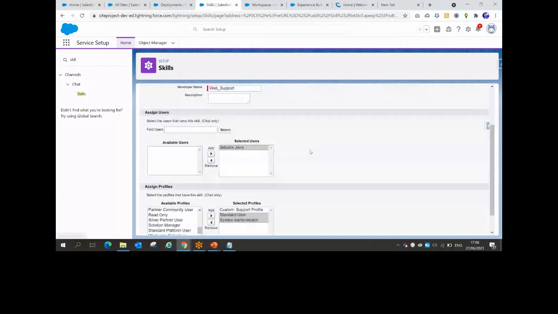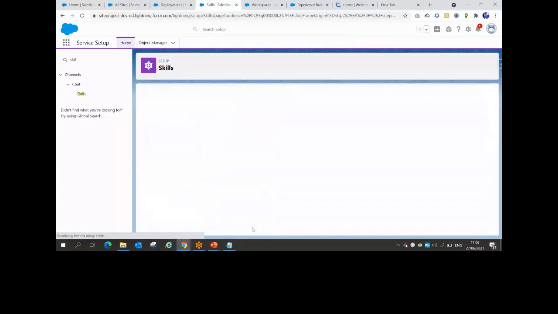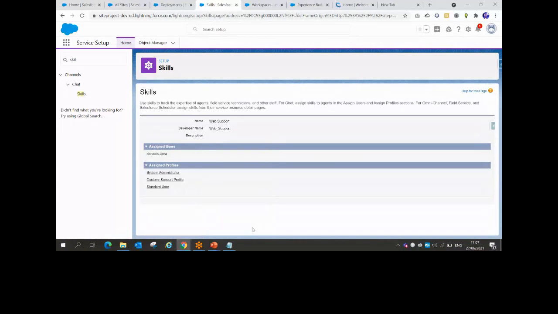So this is one type of skill set, which I showed. Like this, you can create multiple skill sets. Let's say, for example, if any live chat is coming from China, or maybe from some Chinese person, then I have a guy who can talk in Chinese. I can just create a skill set for that, a Chinese skill set, and assign my Chinese agents, or I can have a Japanese skill set. So like that, I can have different skill sets. For this example, I simply create one skill set as web support. So similarly, you can create as many as you want. Okay,